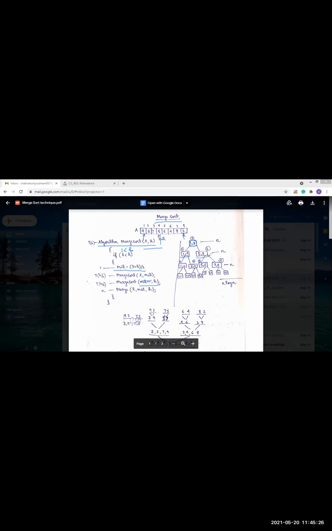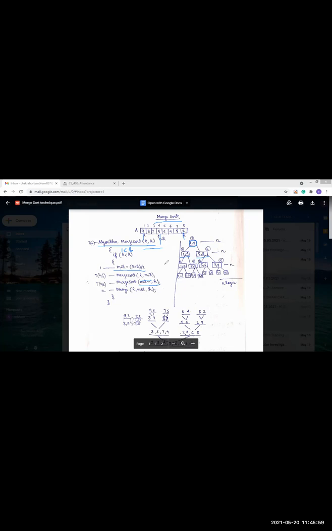So at first our list is 1 to 8, and after that we divide our list into two parts, from low to mid and mid plus 1 to high. So our list is divided into two parts. Now you see how many elements are present in this. Here also we see that it is not the base case, because it will again recursively call the merge sort function.